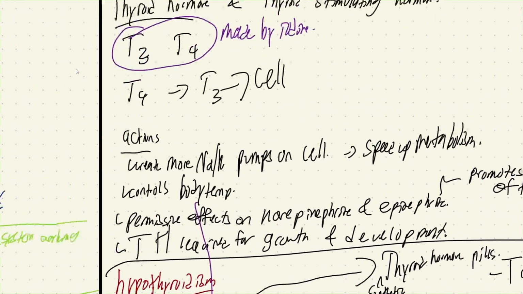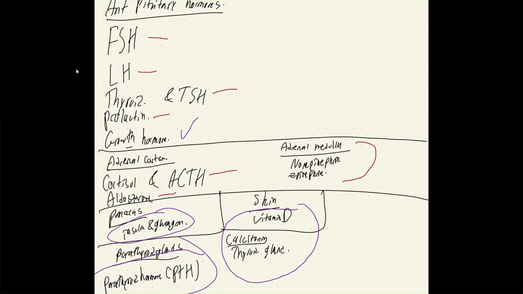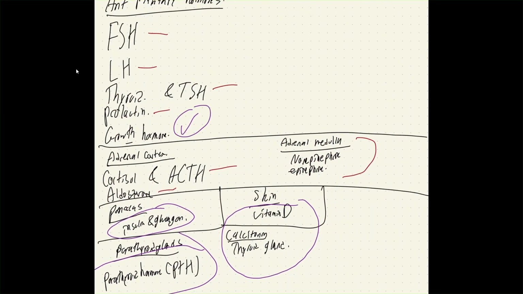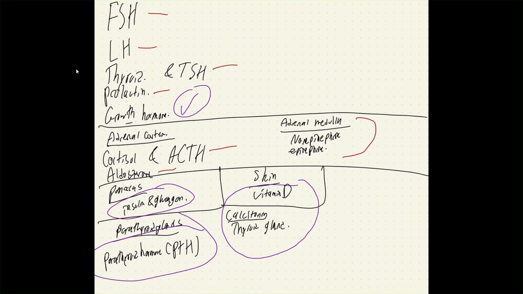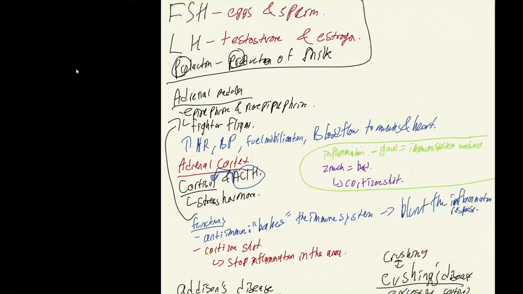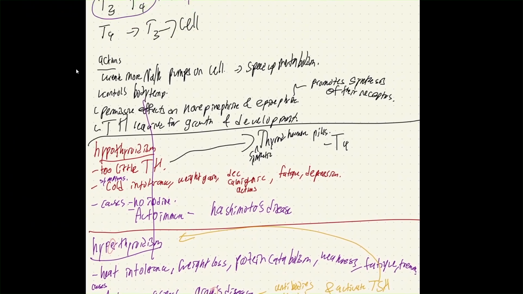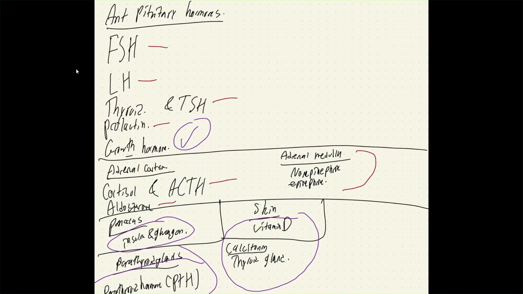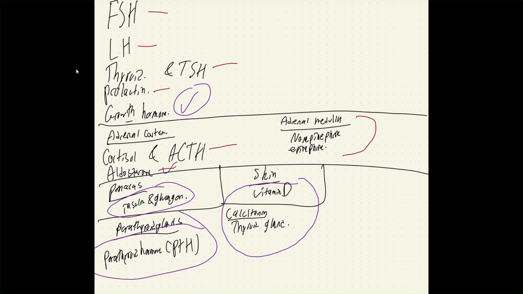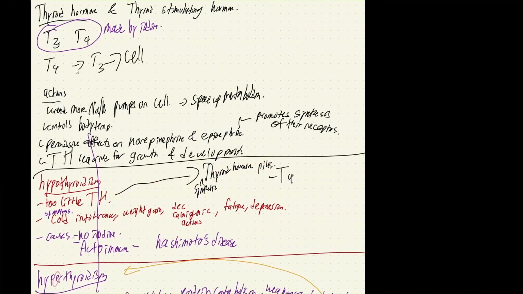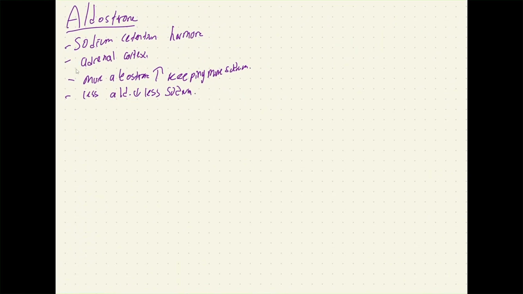Let's see, what else do I gotta do? I'm gonna do growth hormone this video. Oh, did I do aldosterone already? No, I didn't. Yeah, no, I didn't do aldosterone. Good. So I'm gonna do aldosterone, growth hormone, insulin, glucagon, calcitonin, vitamin D, parathyroid hormone. Okay. Let's see. Let's do